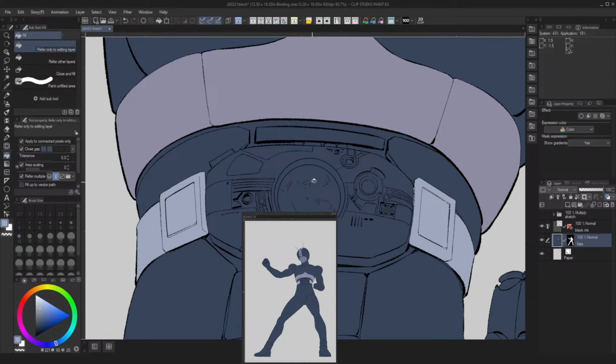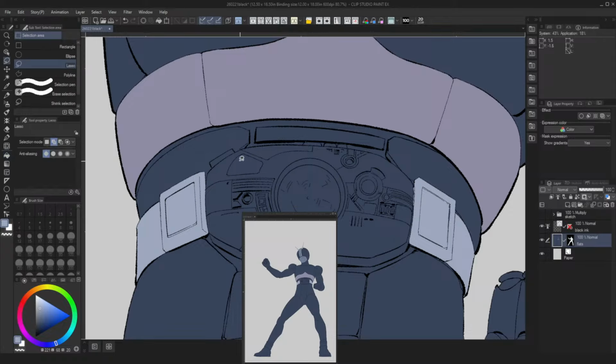For a situation like this, I could use the fill tool and try to fill in every nook and cranny and lose my mind in the process, or I can just loop select. And that's what I'm going to do. You don't always have to use the same exact selection process. Specific parts of a design demand